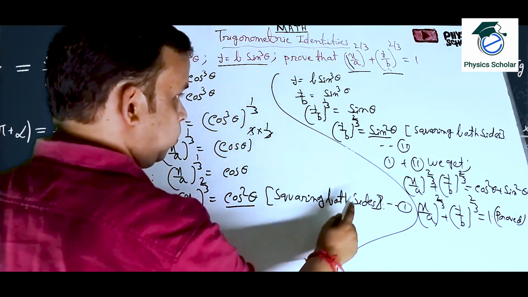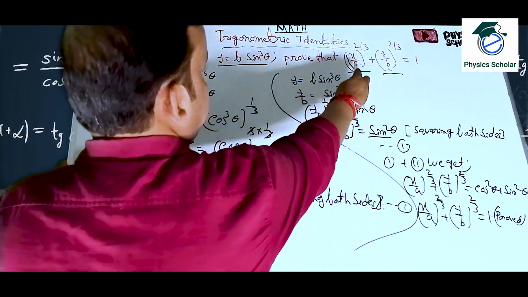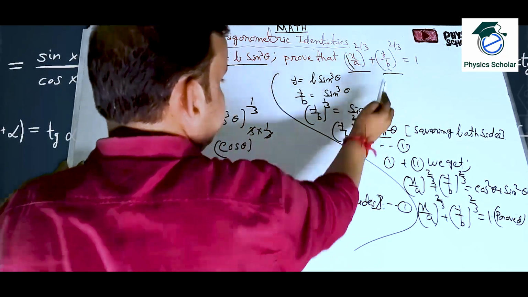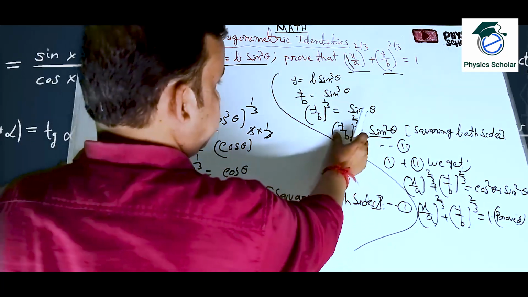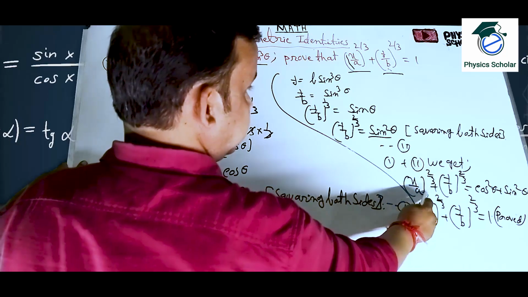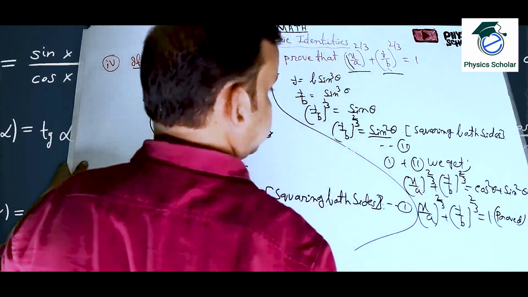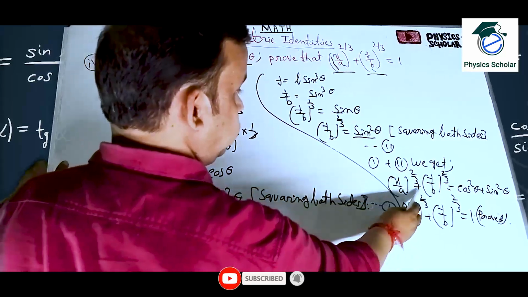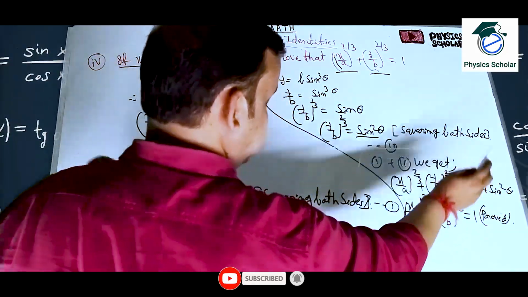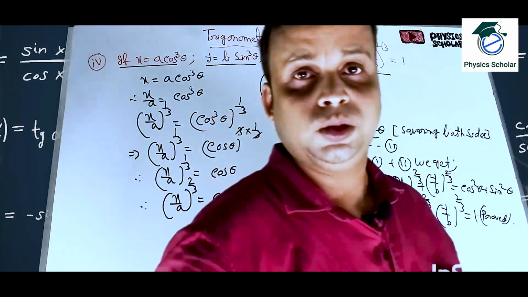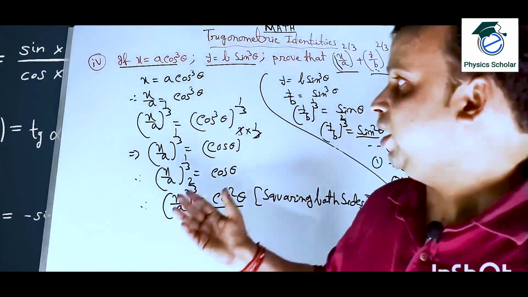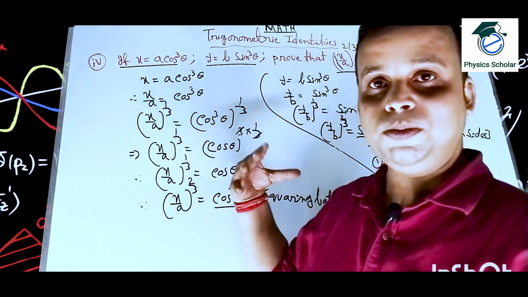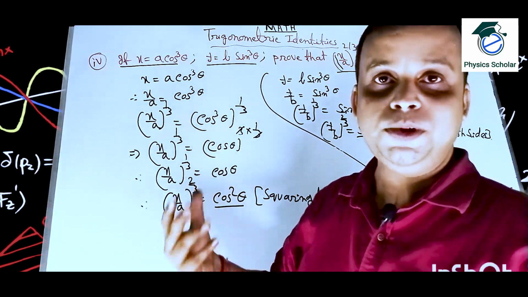So it is equation number 1, it is equation number 2. So adding, because x by a whole to the power 2/3 plus y by b whole to the power 2/3, we have to add here. Then on the right hand side, it is coming cos square theta plus sin square theta. Cos square theta plus sin square theta means 1. Clear? So x by a whole to the power 2/3 plus y by b whole to the power 2/3 is equal to 1. Proved. Clear? So students, hope you have understood this sum. If you know how to do this, it is very easy. It's not too much hard. Only you have to practice to build up your confidence.